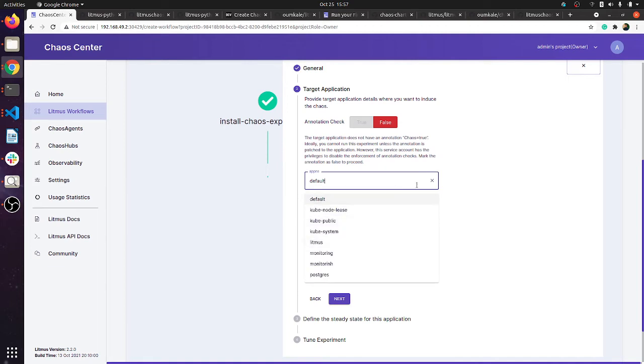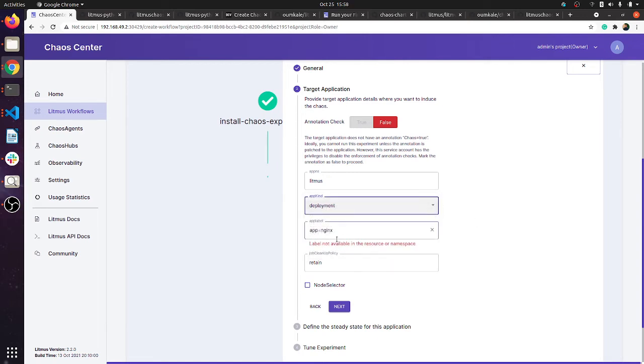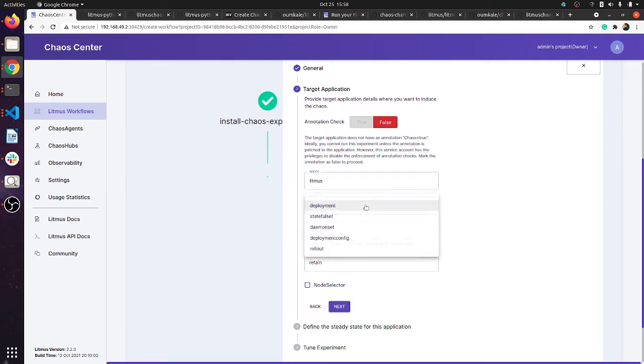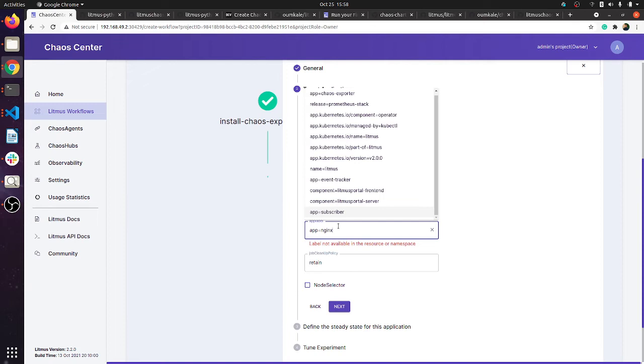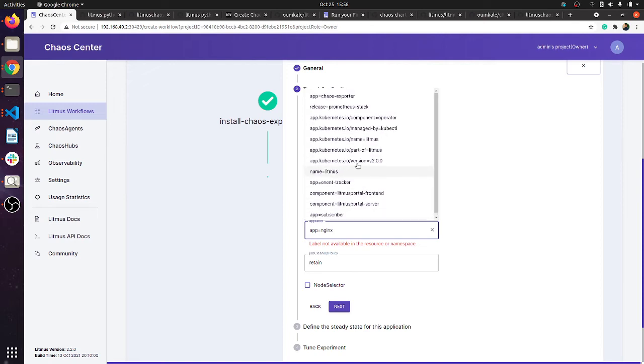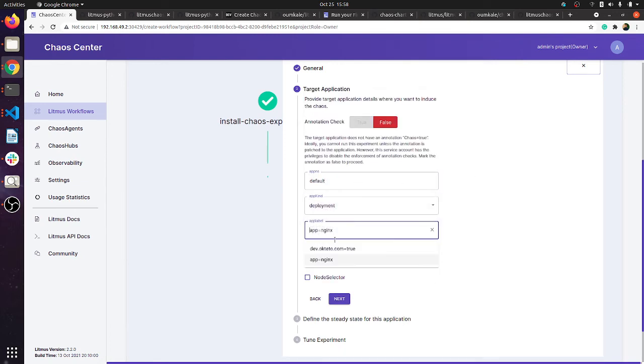It will show all the namespaces, so we can select the namespace, the resource type such as deployment, and the application. It will list all the labels currently present, and we can select any one of them. By default it is app equals nginx.